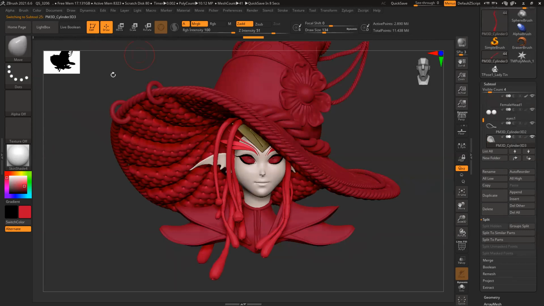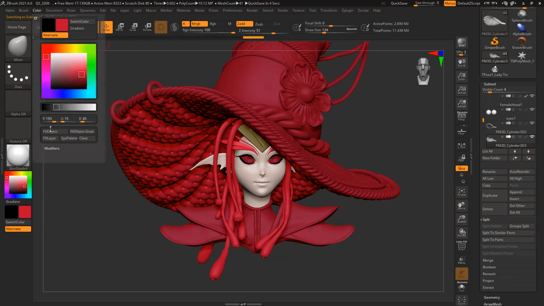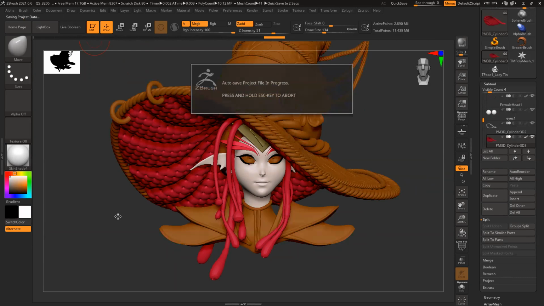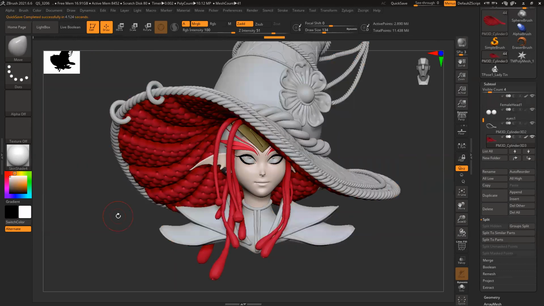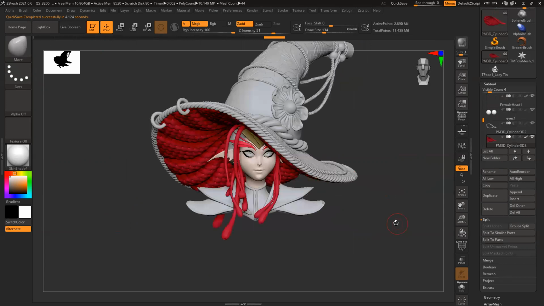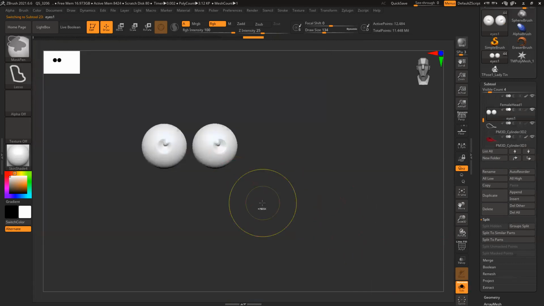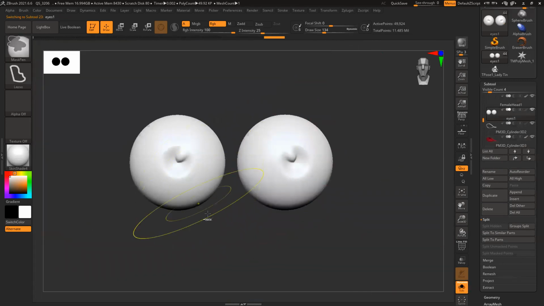Now this part, borders are the same color, rest is different. So let's see, fill one color or change back the color. So yeah. Both the eyes, it was not in symmetry, so I have to fix that.